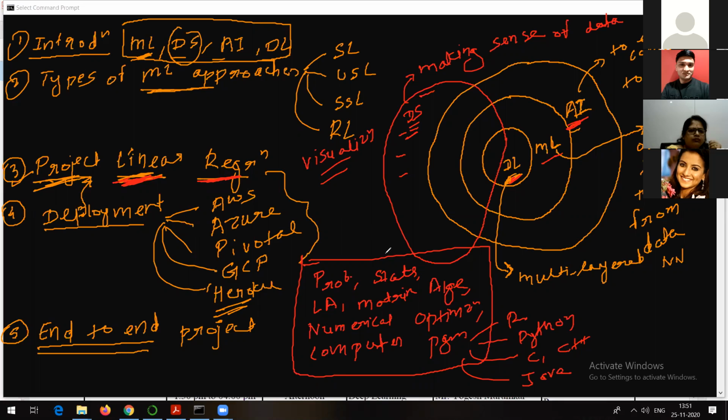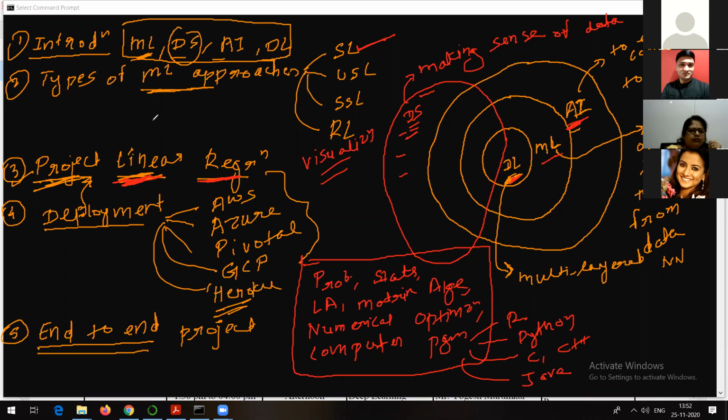So these are some of the things, right? And other than that, what you need is approaches of machine learning, or different approaches or types of machine learning, as people call it. So supervised machine learning. What is the supervised learning approach? Where you are aware of the input as well as the output. That means in advance you are aware of what kind of output it is going to be.